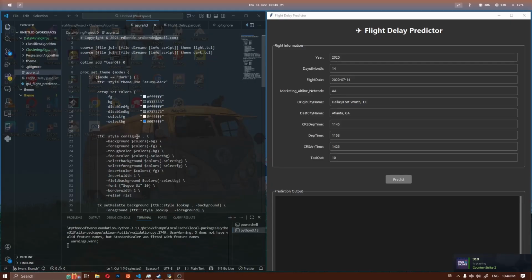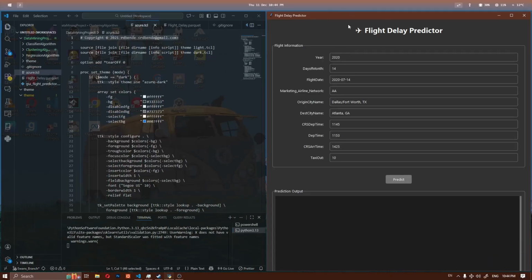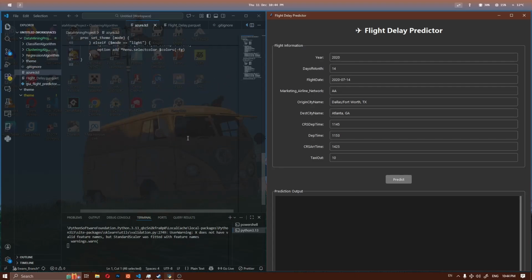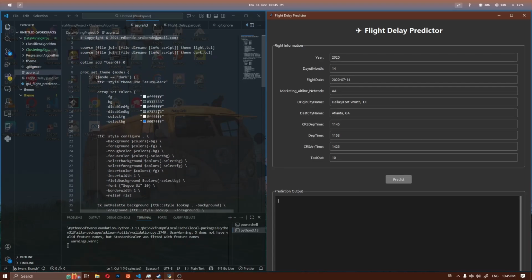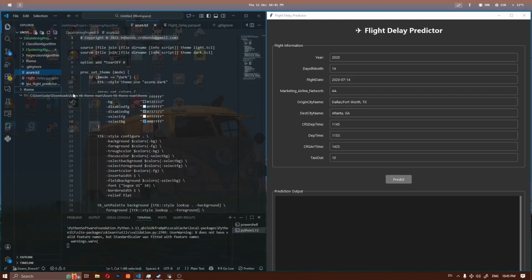Okay, welcome back. This is after the code has finally finished running. So we have our GUI, which has popped up here. You can see the Azure.tcl. This is the visual accent that we're using to give the GUI something a little more stimulating to the eye and easier to work with. It's a pretty simple file that uses this and some light mode information as well. All of it should be located in the theme folder. It's not in there right now, but the relative folder is very easily imported from GitHub and results in all this. As you can see for the flight delay predictor,